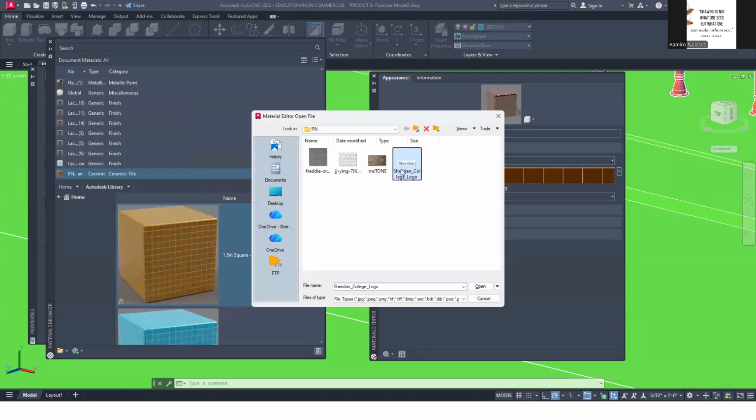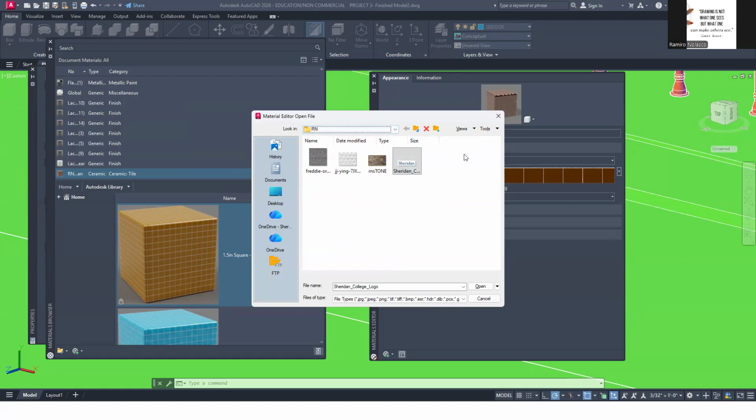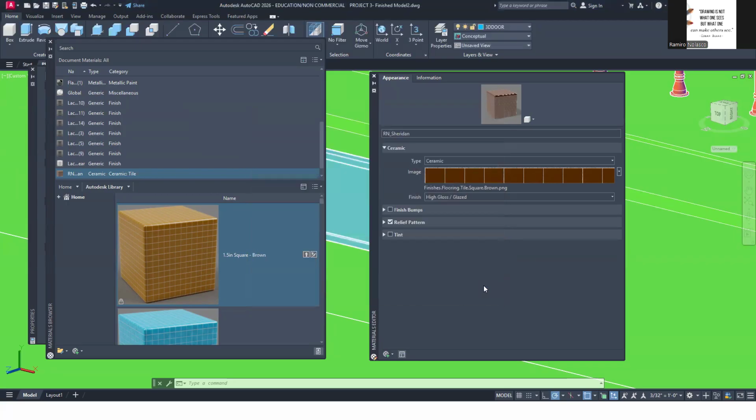Okay. Again, make sure you have a folder so it doesn't mix with the rest of the materials from Autodesk. So from here, I can open that, and there it is, right?